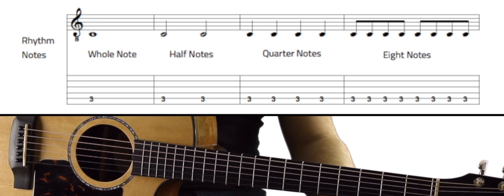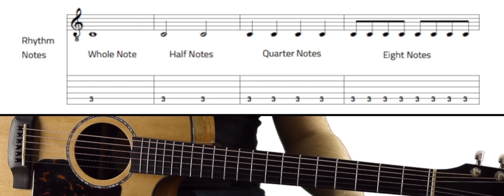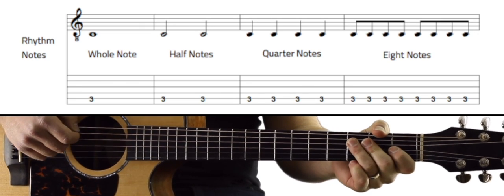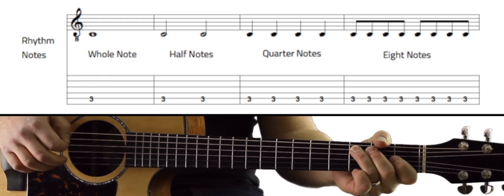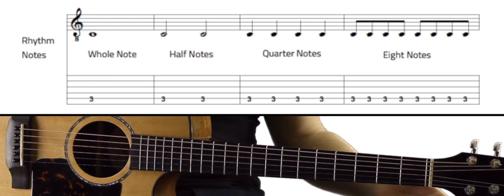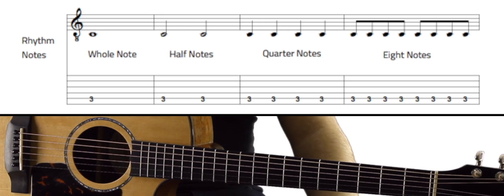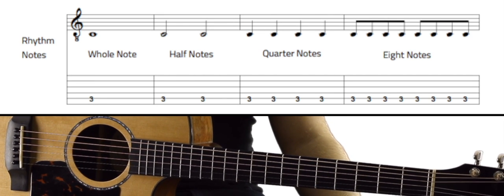If we're in 4/4 time, a quarter note gets 1 beat. So if we were to play that measure, it's on the same note, we're going to go 1, 2, 3, 4. Eighth notes, as you're probably getting the picture here, in 4/4 time, you're going to have 8 eighth notes